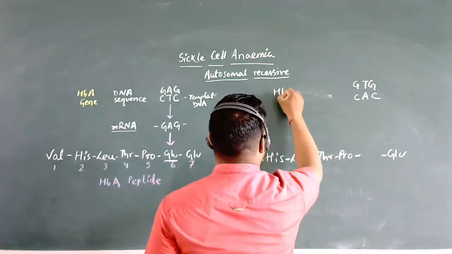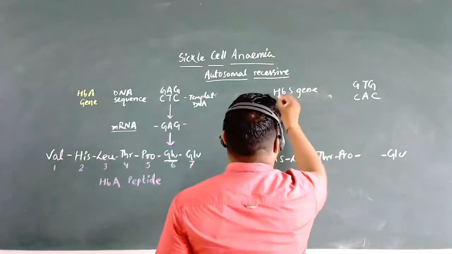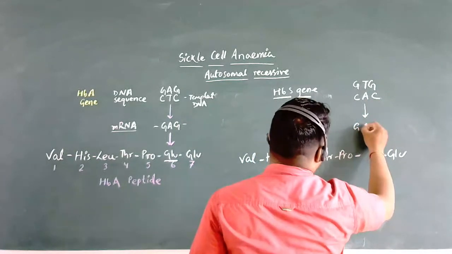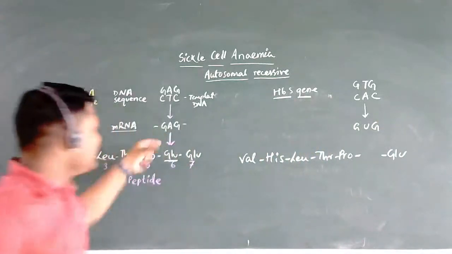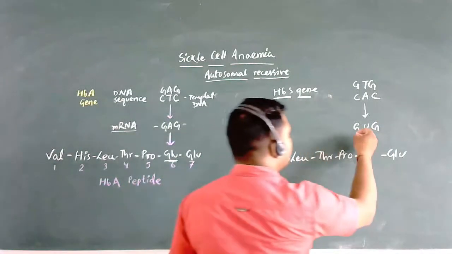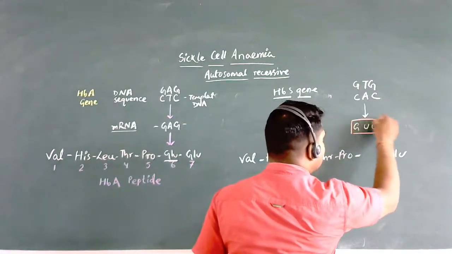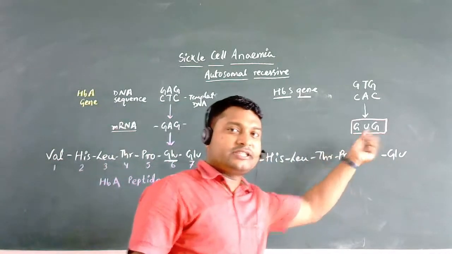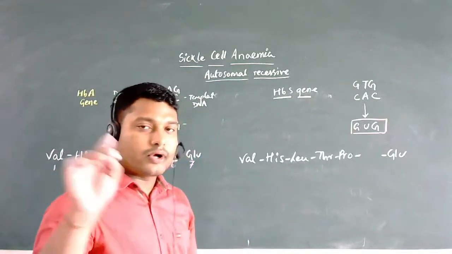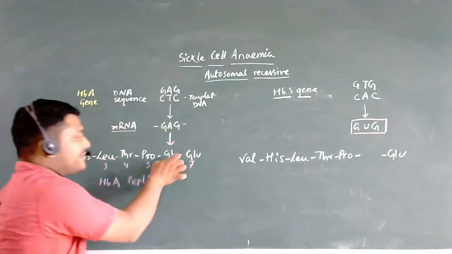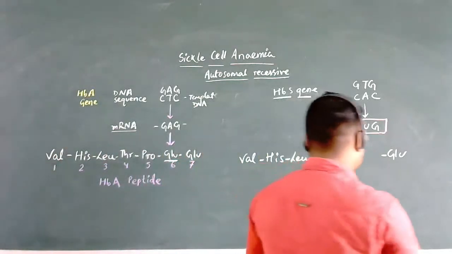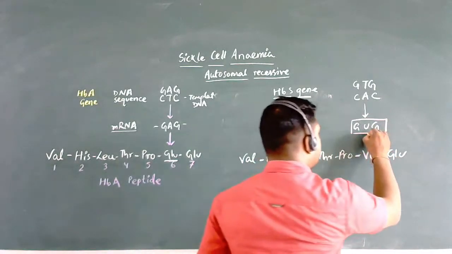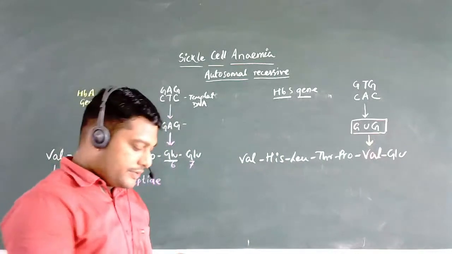So here this is going to be the HBS gene. Remember that the HBS means it is a mutated gene, and because of that you're going to get the mRNA sequence now GUG. So as you can see here, the GAG now has basically changed into GUG. Now why are we stressing on this? Because the sequence has changed, and in other words the codon has changed, and because of that, instead of coding for glutamic acid, now it is going to code for another amino acid called valine. Okay, so there is a change, and that's the mutation we are going to see here.